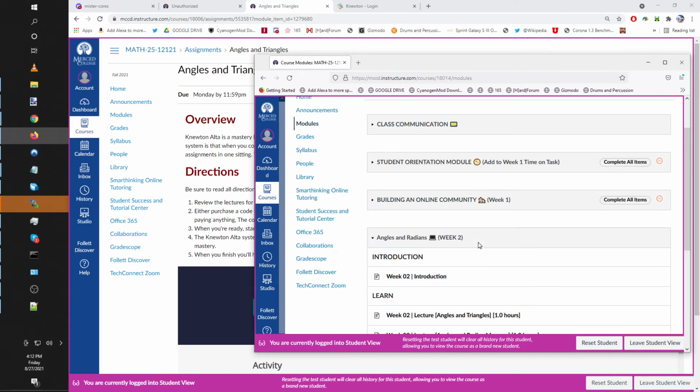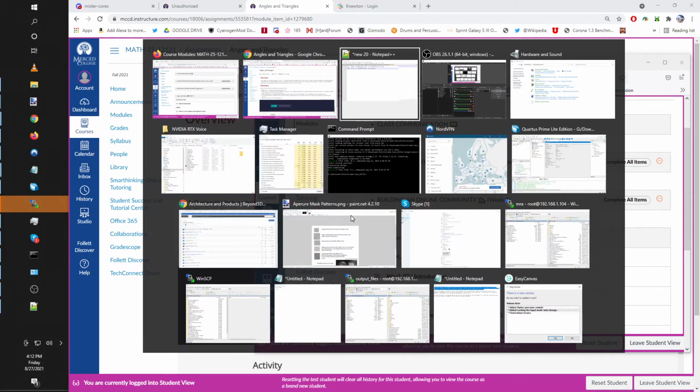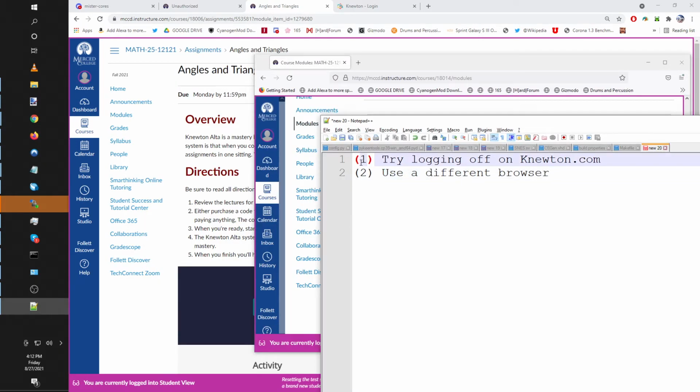Basically, if you have multiple Knewton accounts, then if it doesn't work in one web browser, another web browser probably will work. So if you have Chrome, Firefox, Safari, Microsoft Edge, whatever it's called, you've got a lot of choices. Okay, so those are the main things that you can do to deal with problems if you have problems